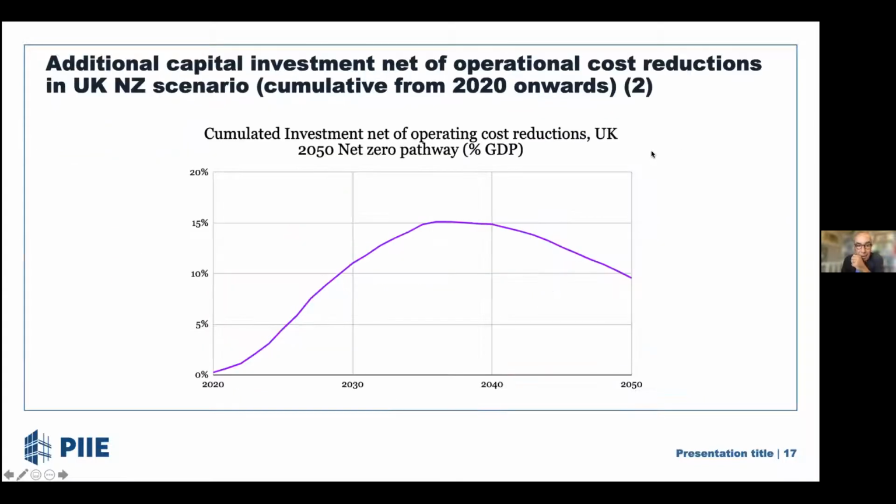The British analysis by the Climate Change Committee is interesting because what they do is compare the amount of investment that's needed to achieve climate neutrality